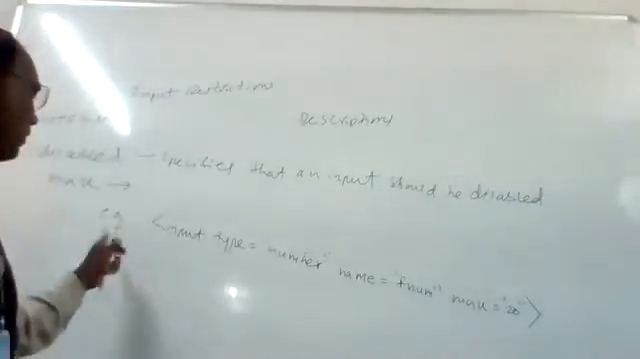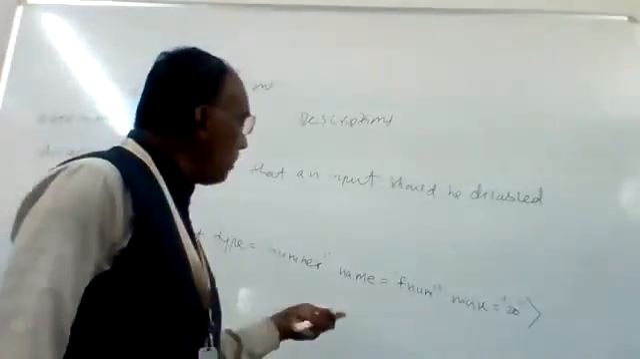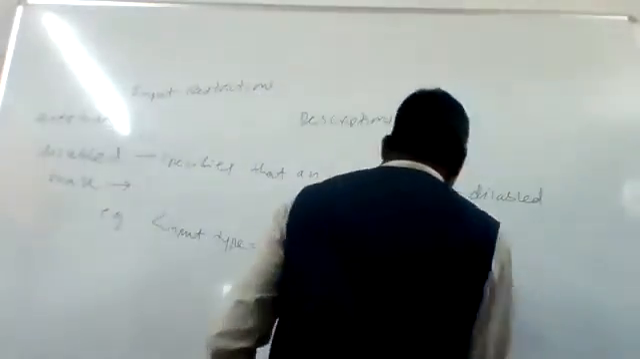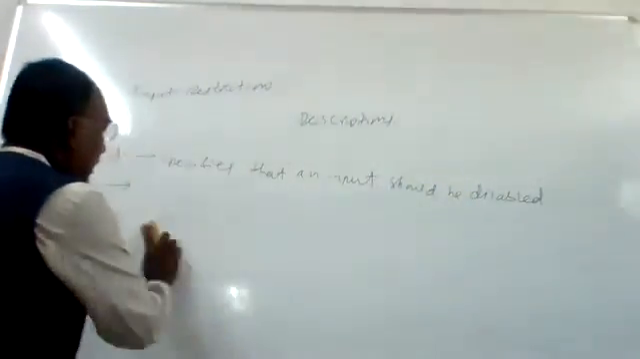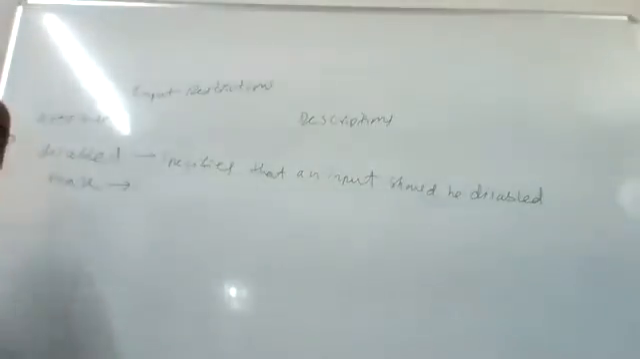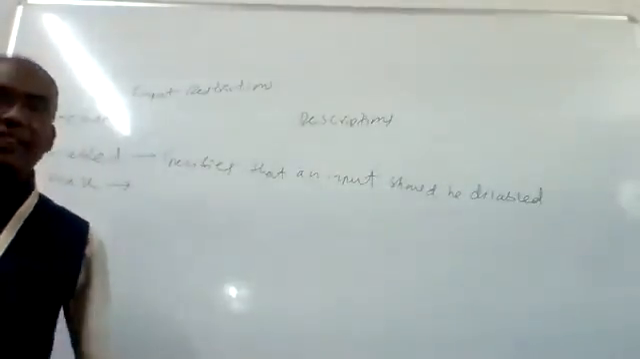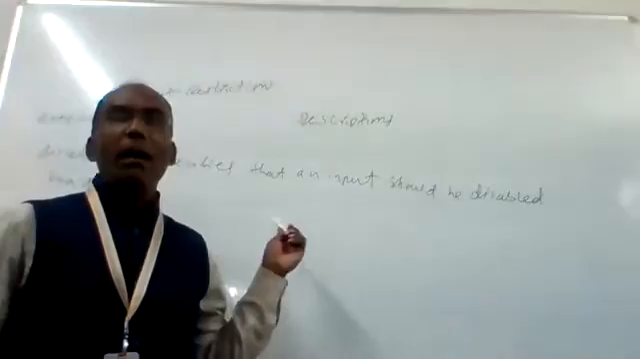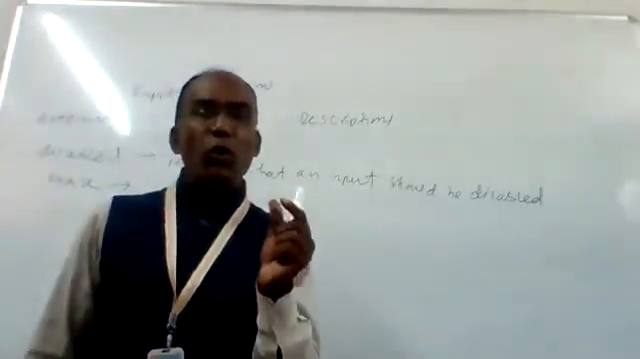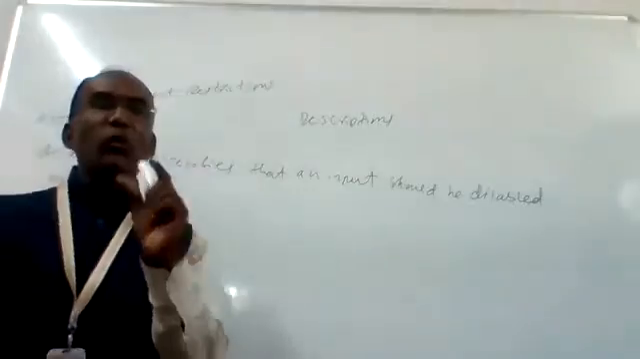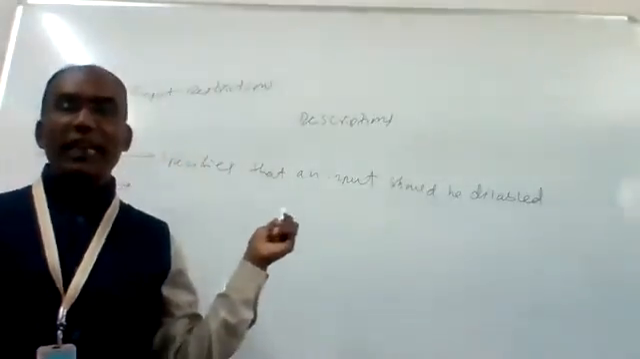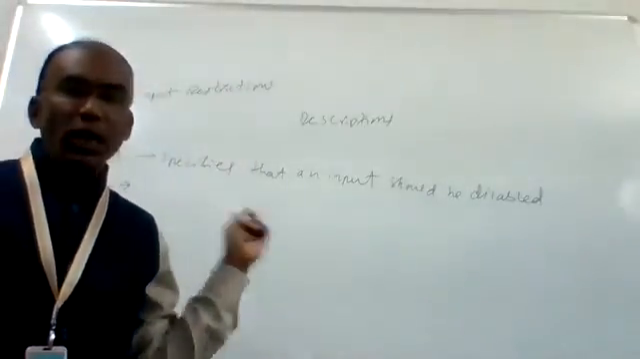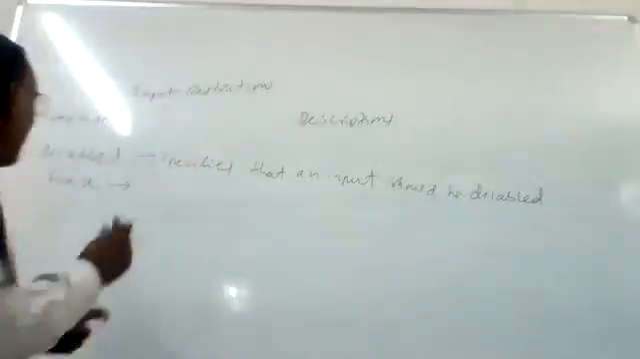We have seen the example for this: input type is equal to number, name is equal to fnum, max is equal to 20. Here we can use the validation that the maximum number should be 20. It means we can restrict and validate up to 20 only. Okay, fine. Next is